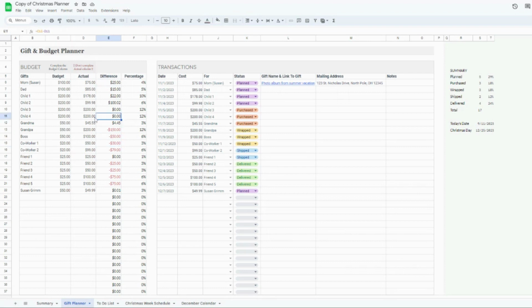Your goal is to get to zero for every single person and to spend, if not the majority or close to it, of your budget. And then the percentage column is going to automatically calculate the percentage of your total budget that you are spending per person. So say you do have 4 children, like in this example, and you want to spend the same amount per person,